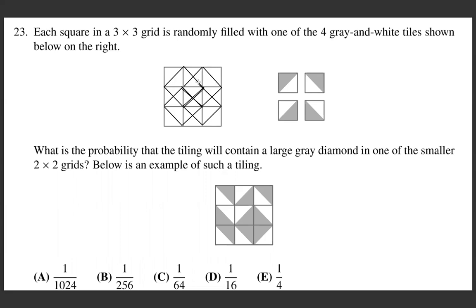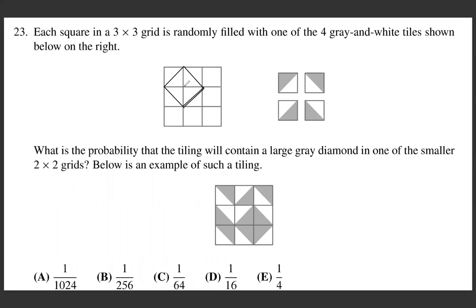So the question is, let's think about this. Could we have more than one diamond in the grid at the same time? Because if so, then we can't just count each of these events happening individually, right? Like if they are all independent events, we can just calculate the probability for each of them and add them up. But is there a way that they could happen together? Well, no, because